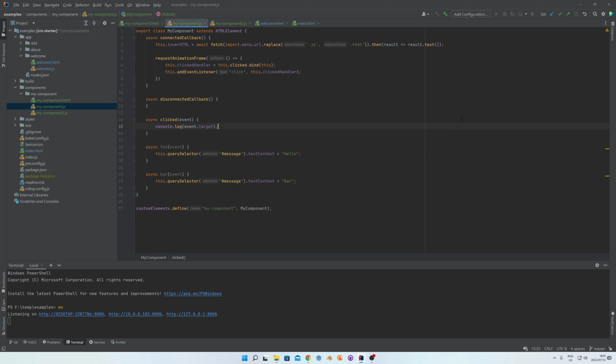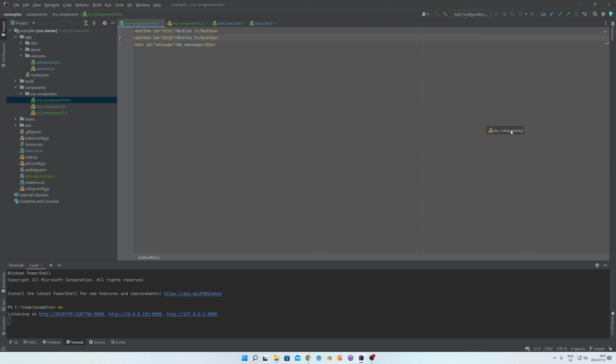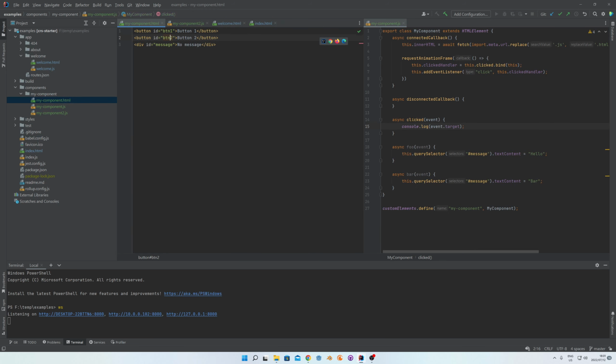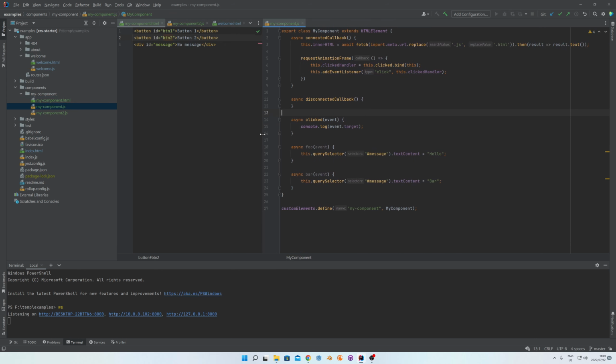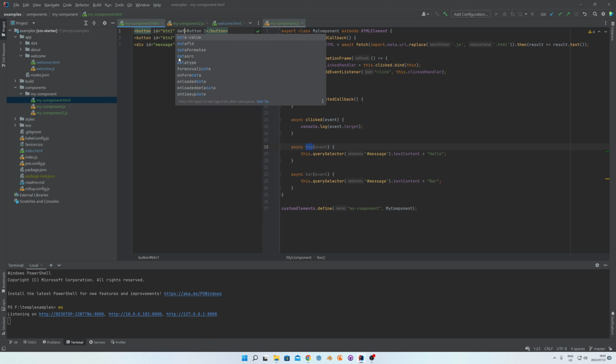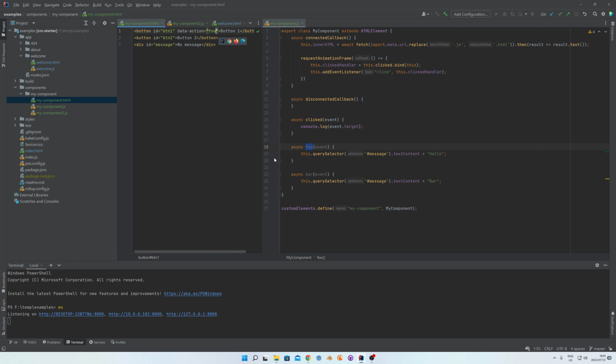Over here, if I can just group this properly, I have my HTML and here I have my JavaScript. So what I'm going to do now is say, okay, here I have a foo function, so I'm going to say data-action equals foo, and then I can go to button 2 and say data-action equals bar. So now I know that when I click on this button I can check the action property